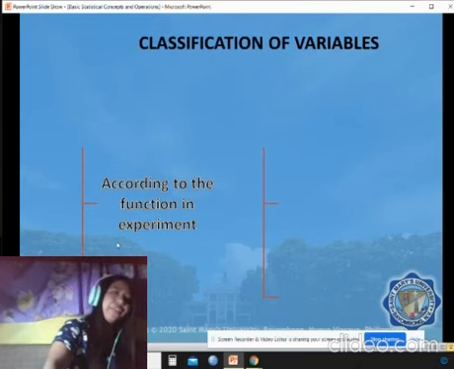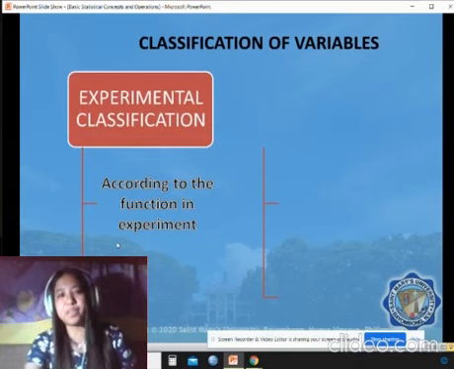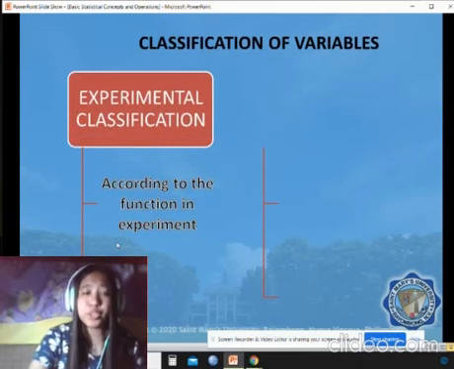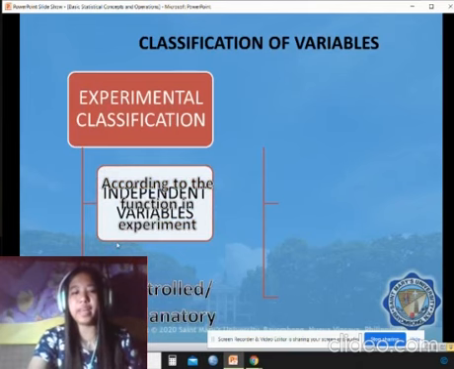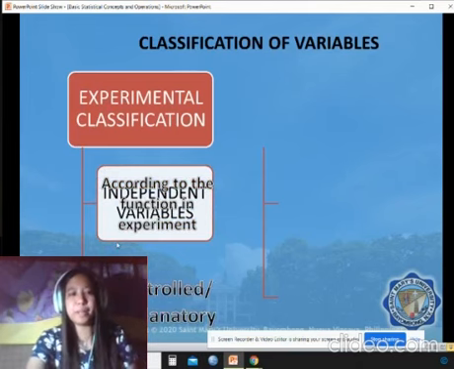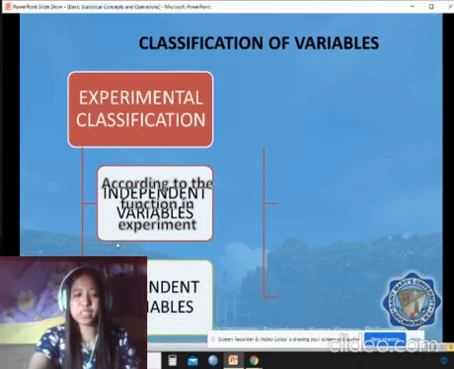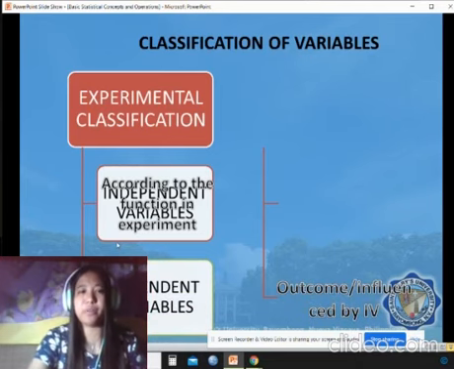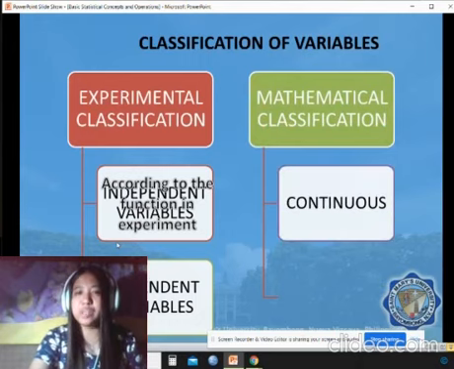We also have other classifications of variables. It has something to do with experimental classification, according to the function in the experiment. So we have the independent variable and the dependent variable. The independent variables are the controlled or explanatory variables, while dependent variables are variables that are influenced by independent variables. And then the next one is mathematical classification. So it's similar